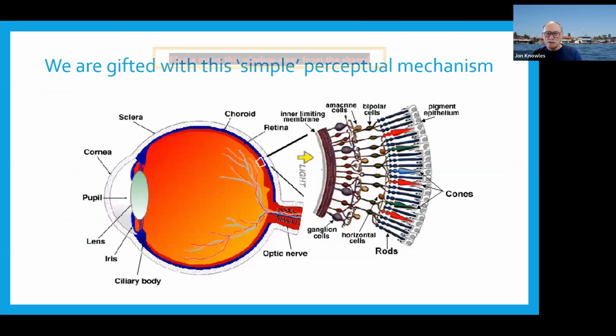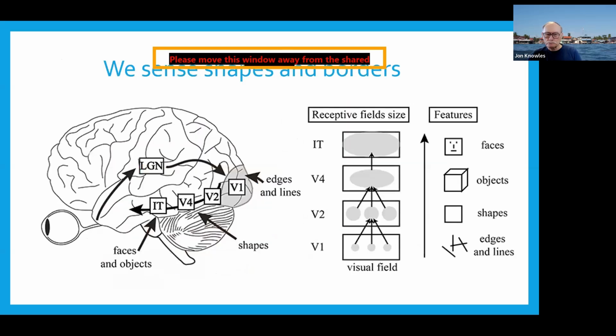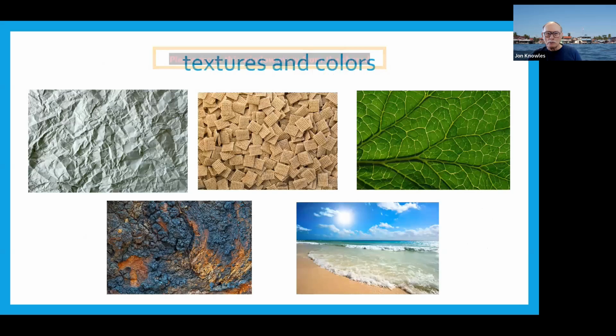We are gifted with this perceptual mechanism, which is not simple at all, especially when you consider the brain and all of the forward and backward feedback loops that the brain conducts to make objects that we can see out there in the world. We sense shapes and borders with our various visual processing devices in the brain. We can sense textures and colors,